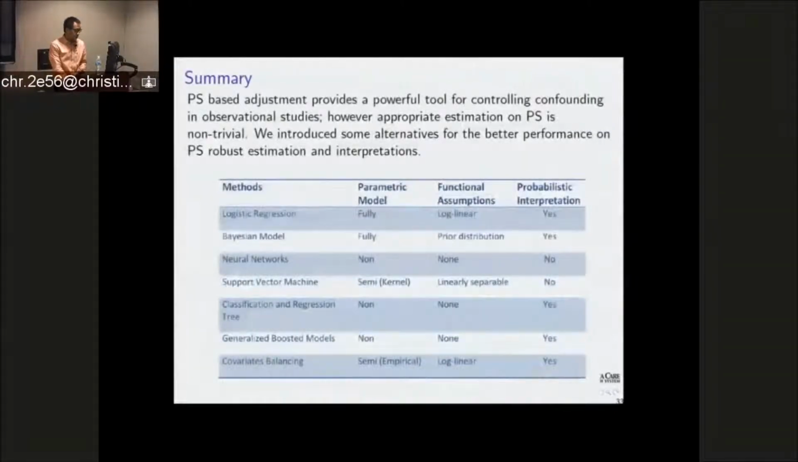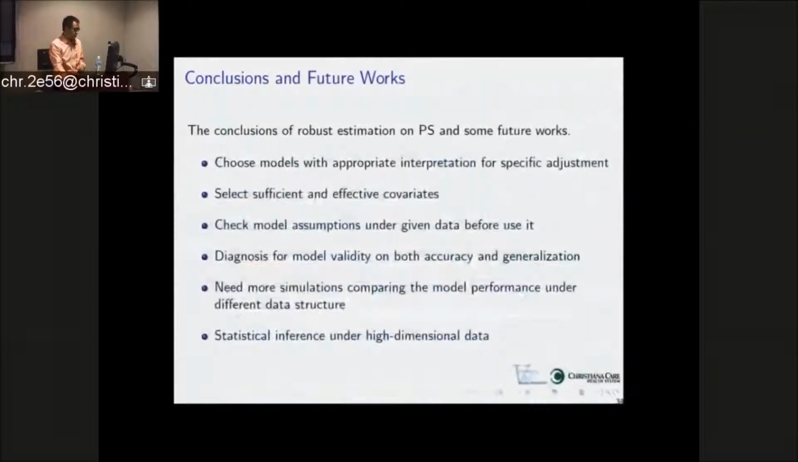Here I put a summary of all the methods I introduced today to give conclusions. Is it a parametric model? Does it have functional assumptions? Does it have a probabilistic interpretation or not? We can make a simple comparison of all these models. When you do propensity score adjustment in practice, you can think about which method is more appropriate for your data and your model. The conclusion: we need to choose models with appropriate interpretation for the specific adjustment, with emphasis in this talk,